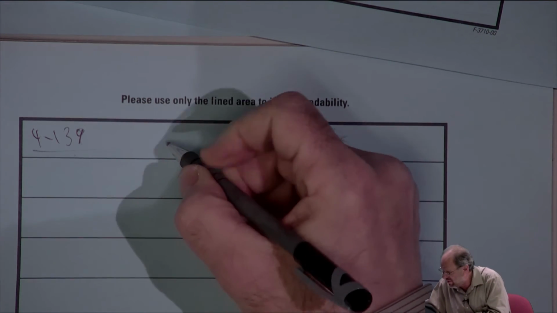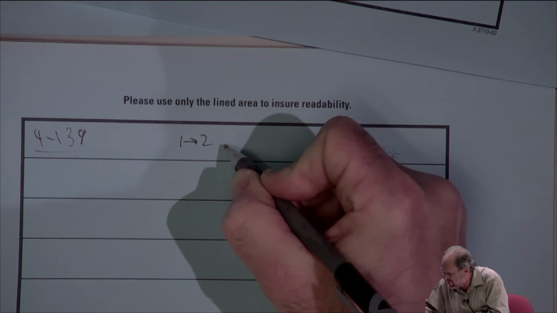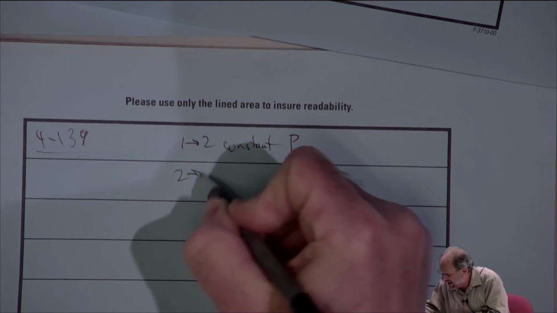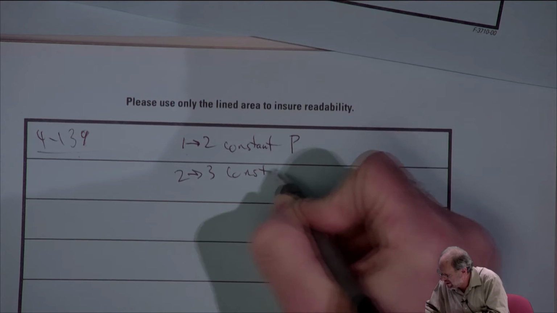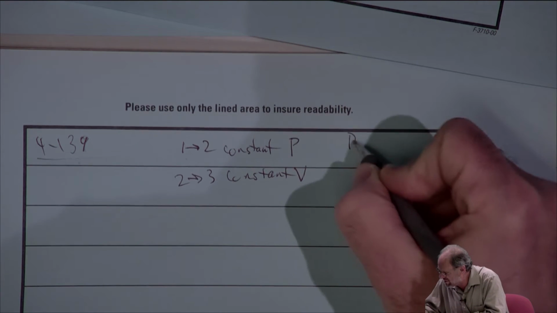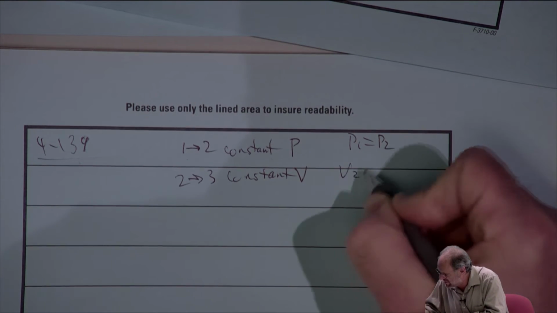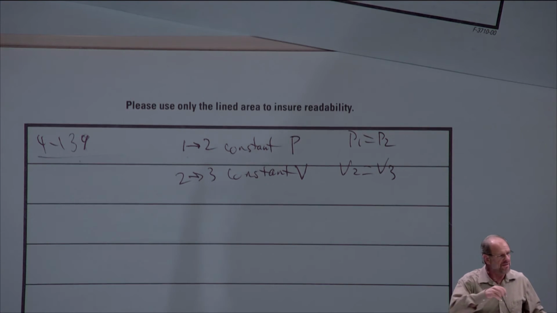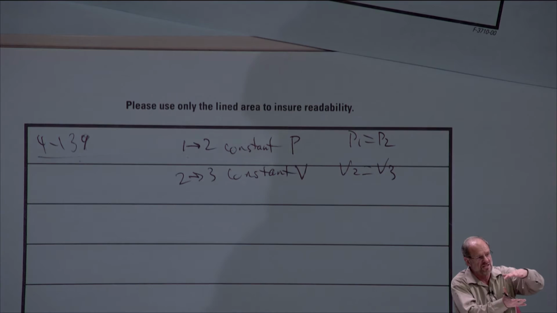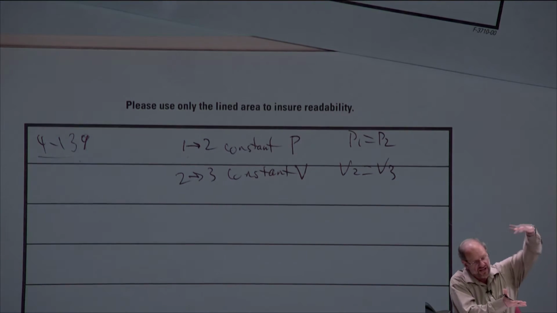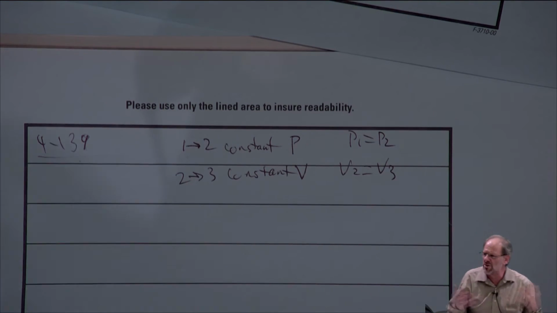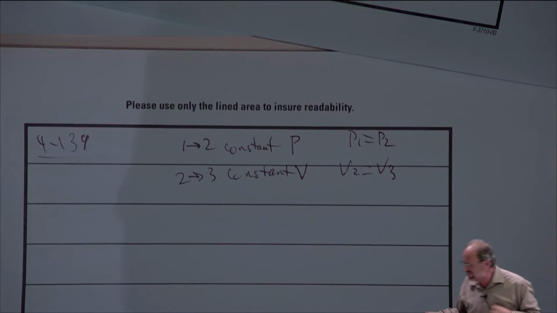And we know that from 1 to 2 is constant pressure, and from 2 to 3 is constant volume. Okay. So in other words, P1 equals P2, V2 equals V3. I've seen problems like this that are reversed, where it starts sitting on the stops as a constant volume problem, and then when enough heat is added, the liquid starts to vaporize and the piston starts moving upwards. So, you know, I could certainly look at these problems in both directions.